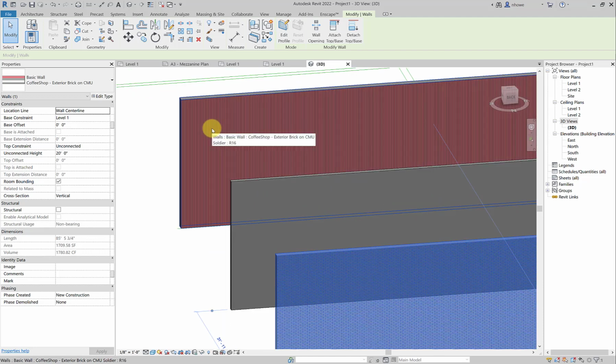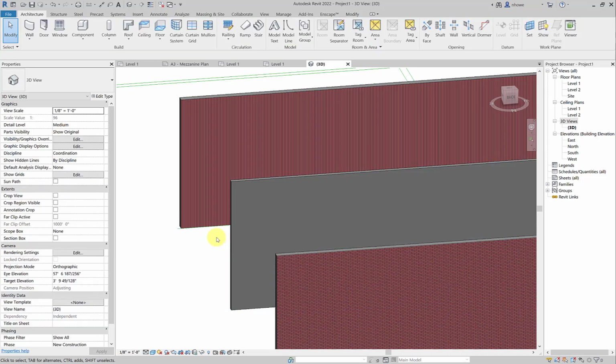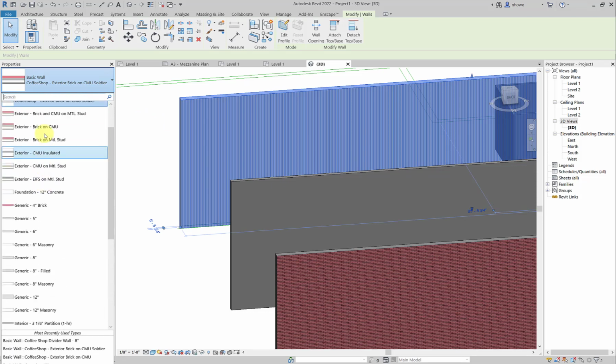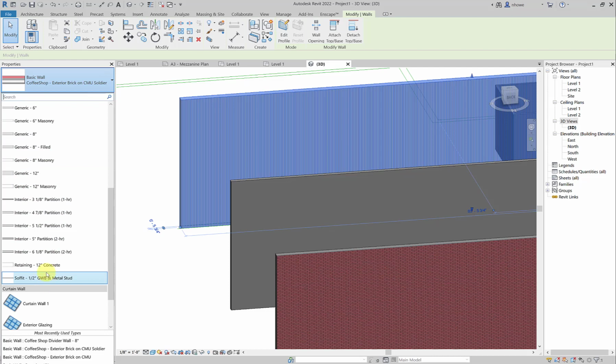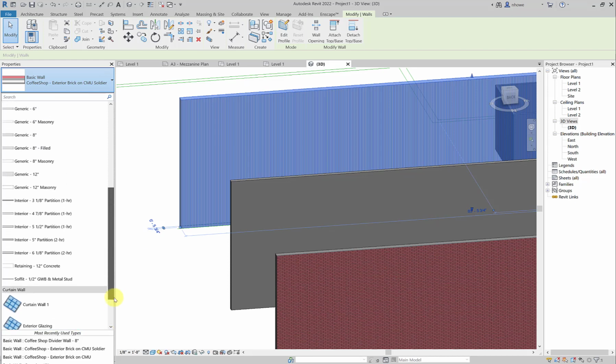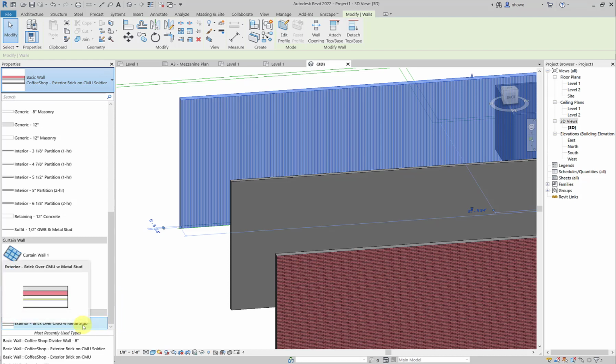And so then the thing we need to do is make a stacked wall, and it's a little tricky as far as it's just not intuitive how to do it. Inside of here, as far as different wall types, we have the basic walls that they've created for us, plus our custom ones, and then you have curtain walls. But what we're looking for right here is stacked wall. If you do not see this, you have to scroll all the way down. So let's just go ahead and click on that,